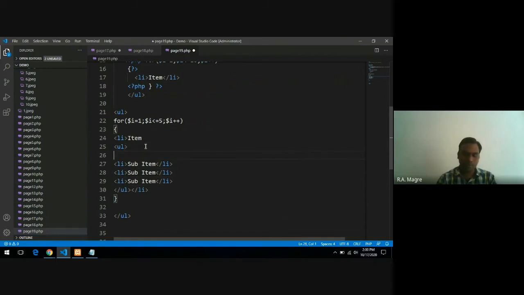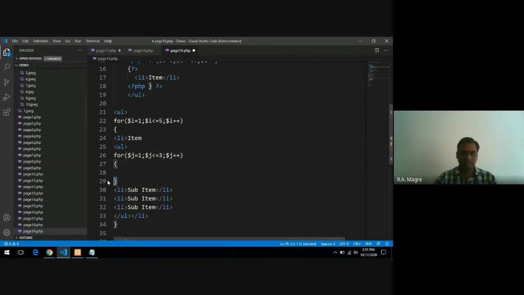So here again, for $j equals 1; I want 3 sub items inside every item, so $j less than or equal to 3; $j plus plus. Cut it and just close it here, and these two you have to delete.